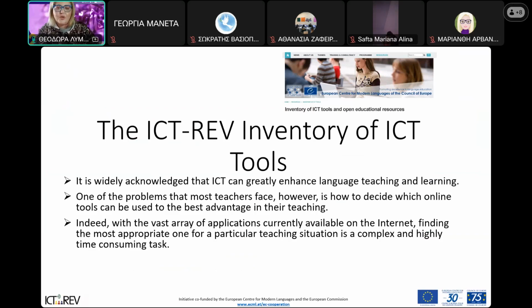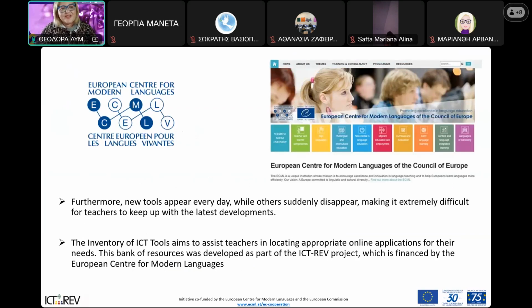It's too complex for us and a highly time-consuming task. Every day new tools appear while others suddenly disappear, and it's extremely difficult for teachers to keep up with the latest developments. So the inventory of ICT tools aims to assist teachers in locating appropriate online applications for their